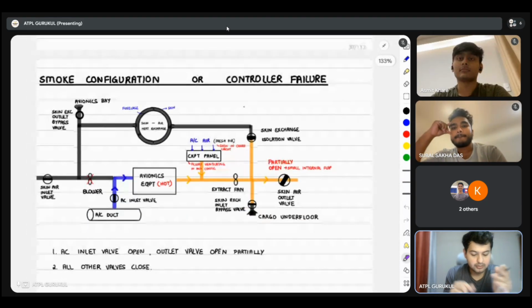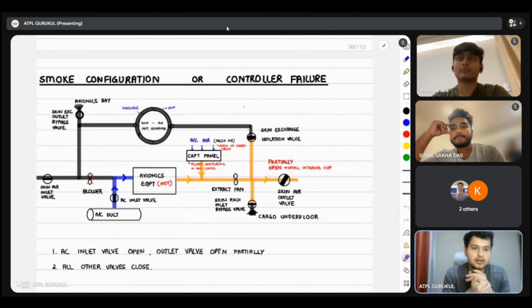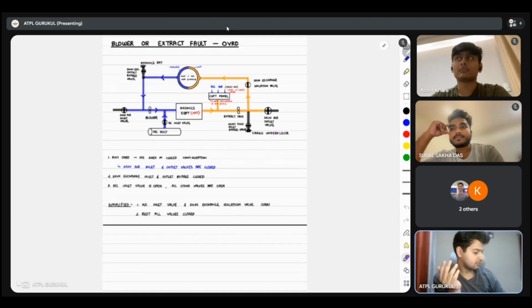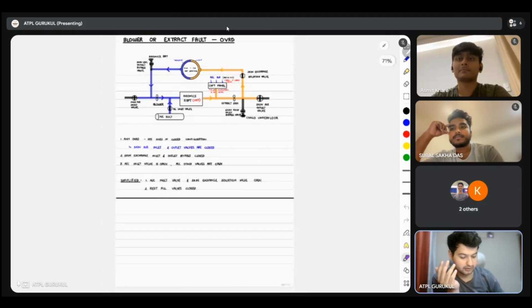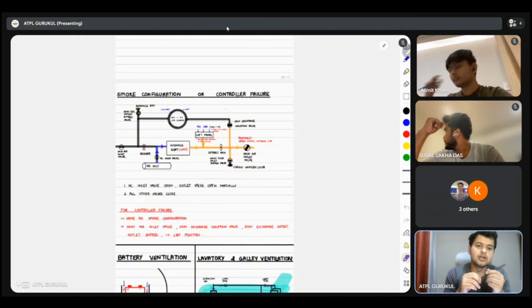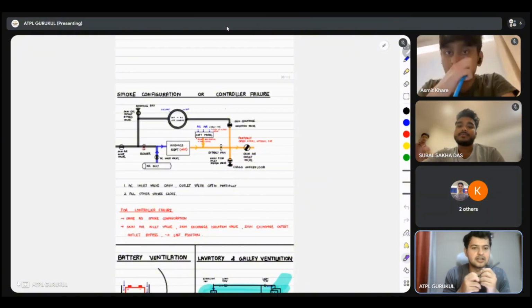Now, if I talk to you about the smoke configuration, again this is an abnormal situation. If we have to consider this in the smoke configuration, if I have to consider this in the smoke configuration,